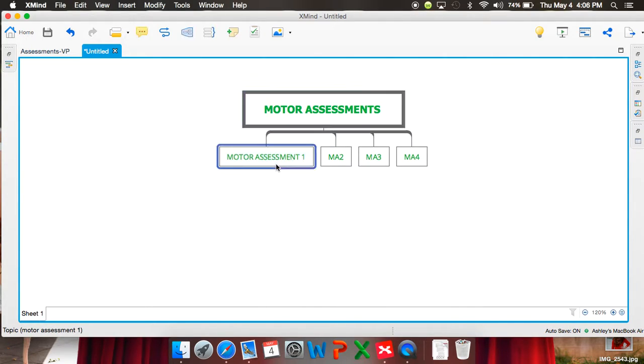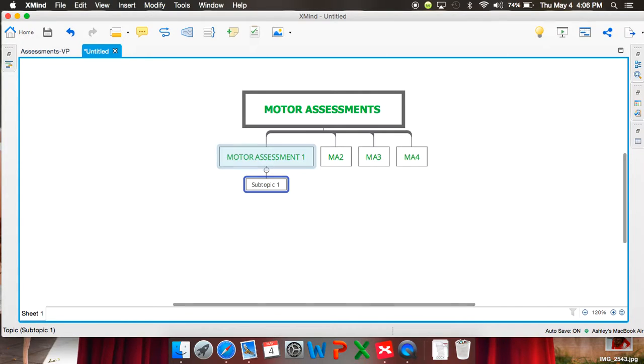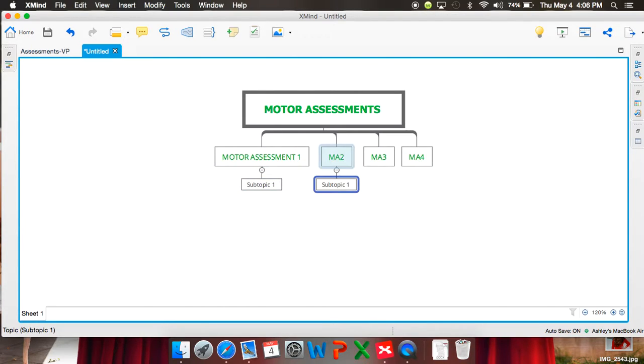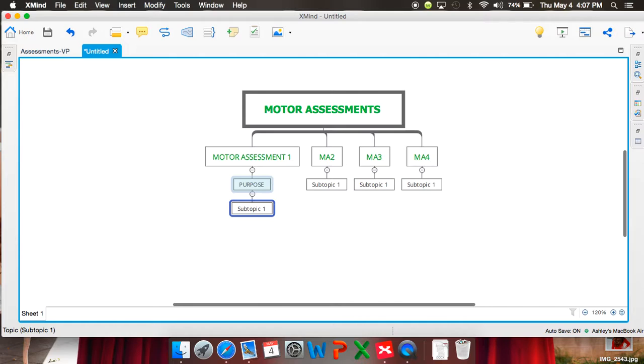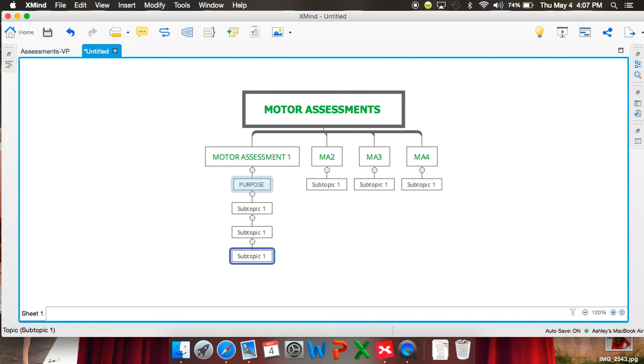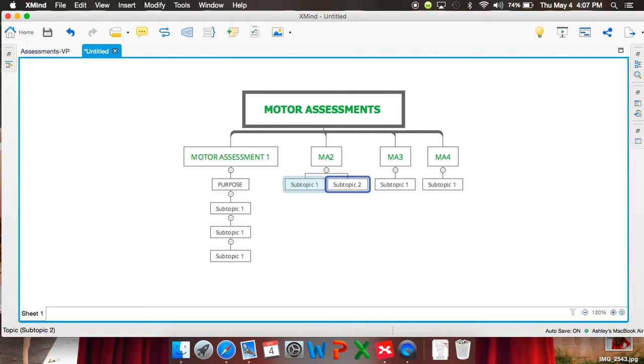Once I am done adding all of my main topics, I start from the left side and begin adding subtopics underneath. This is done by simply clicking on the main topic you want to add information under and pressing the tab button. Again, you can have as many subtopics as you want. After you are done typing the information into this subtopic, press enter and then tab again if you want to continue adding subtopics underneath. If your topic has categories or steps or something that you would want to compare, you can click on the subtopic you are comparing and press enter in order to get a second or